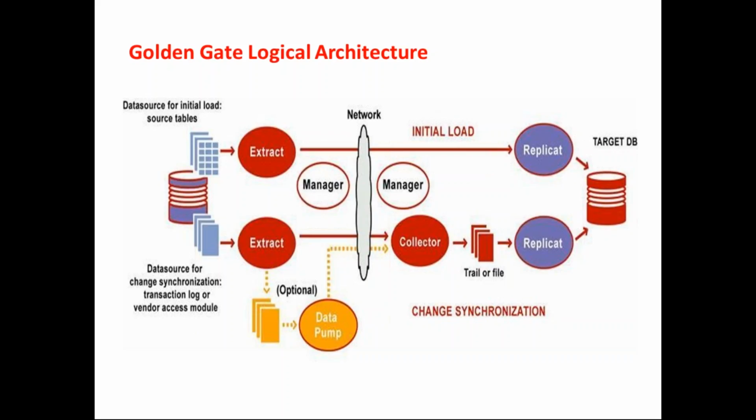We do an export and import, and it is out of sync. Maybe export takes 4 hours, import takes 4 hours. So when you do export and import, it is already 8 hours behind the source database. But GoldenGate is a real synchronization. So first you do an export and import, or any initial load technology, maybe Informatica, or RMAN, or SQL Developer. You copy the data first of all,